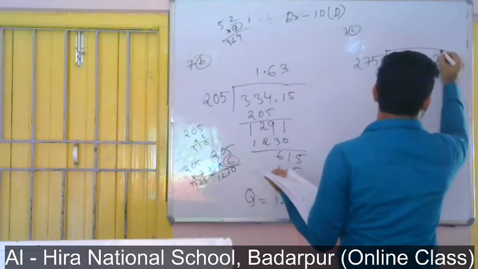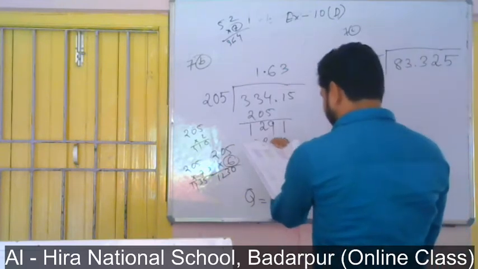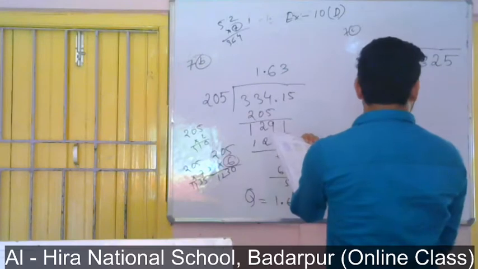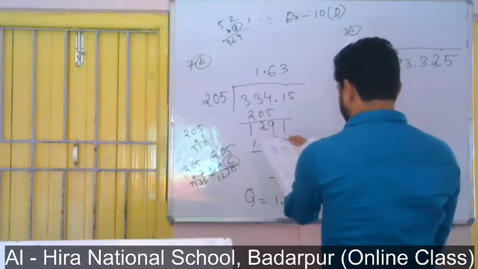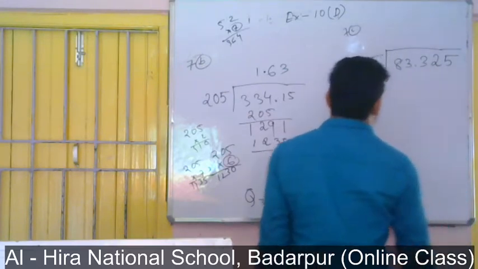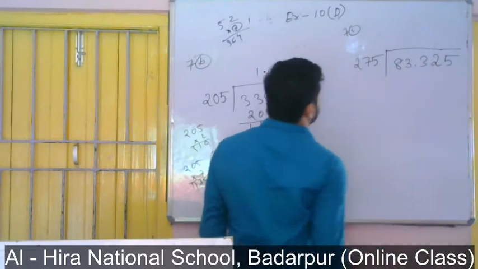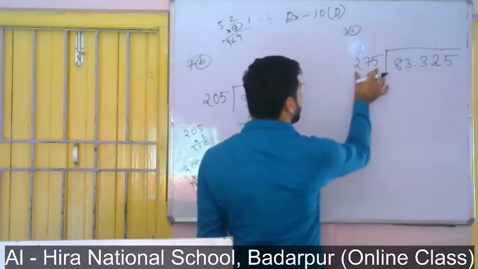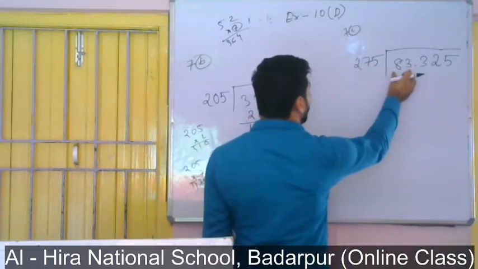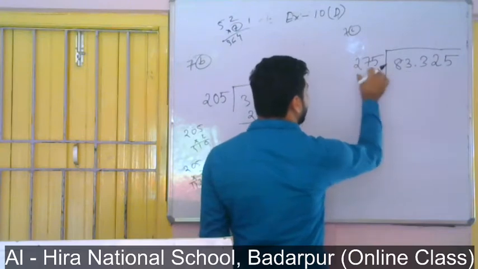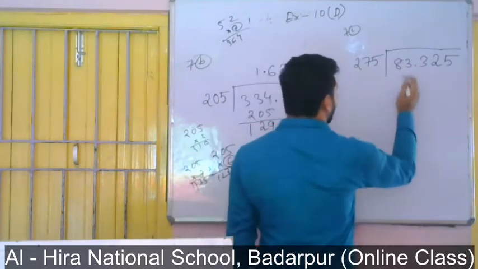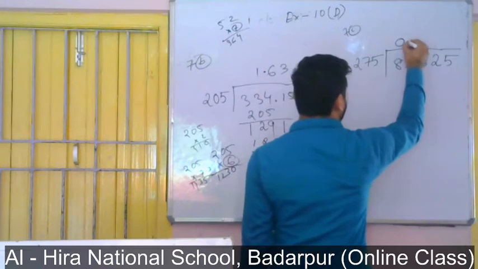So here you see this is 3 digit and it is 2 digit, so we cannot divide the integral part by the divisor. So for that reason we have to put point. So we'll put point,